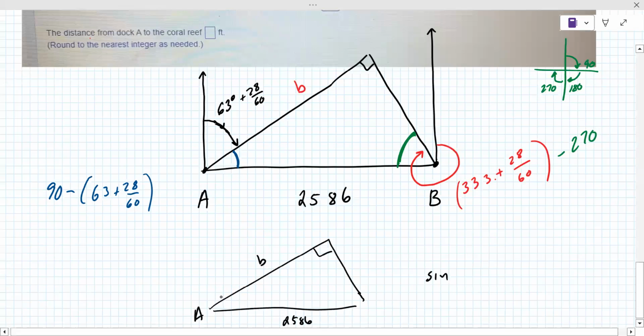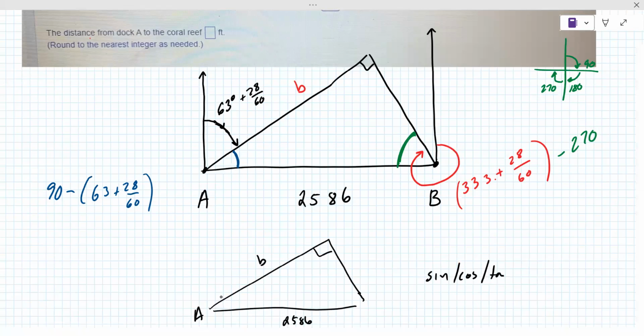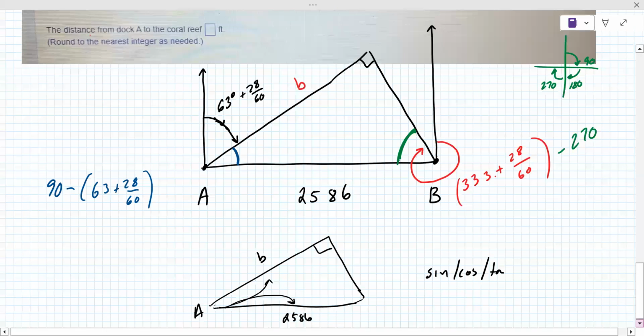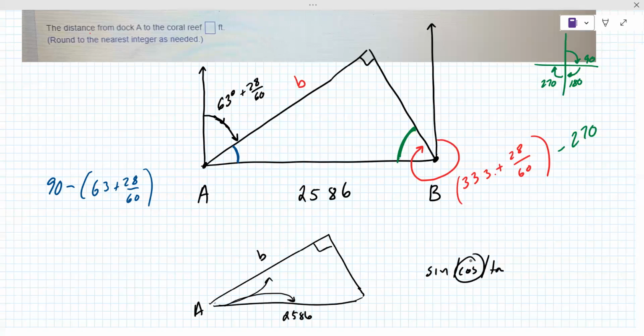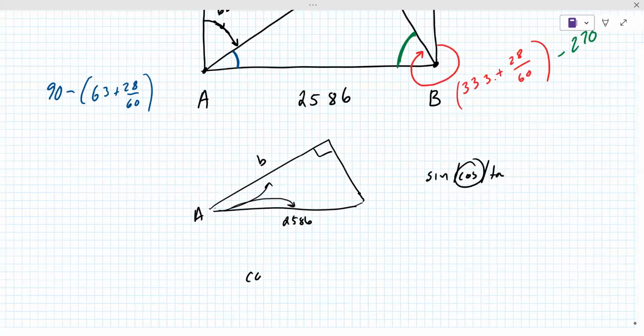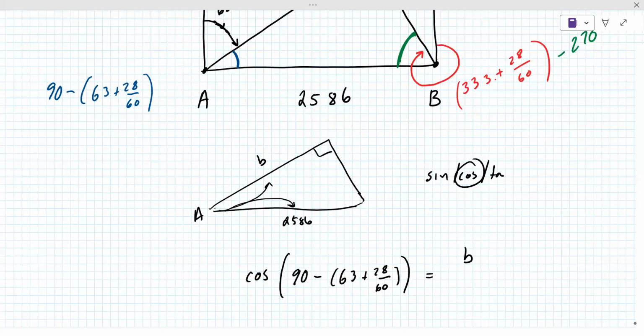You've probably learned sine, cosine, and tangent. Yeah, I already know the SOHCAHTOA thing. Relative to A, B is the adjacent, and this other one is the hypotenuse. The hypotenuse is always across from the 90. So in this problem, you're using cosine. The cosine of angle A, which is 90 minus the 63 plus 28 over 60, equals the adjacent B over